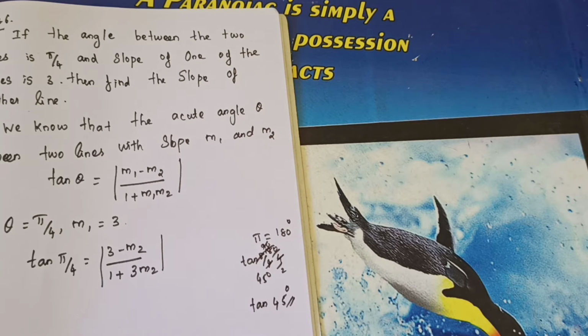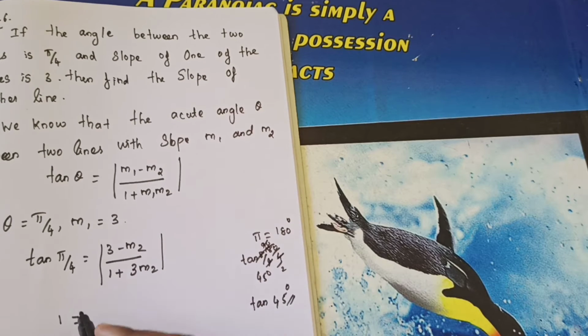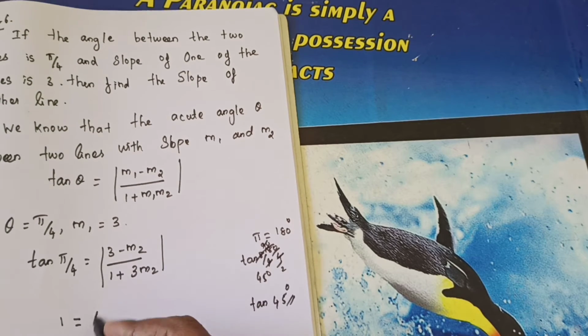So in this 11th standard as well as in 12th standard, we don't note as theta like that. But every value they will give us as pi by 4, pi by 3 like that. So pi means 180 degree. So 180 degree divided by 4 or 3 or something, you can find it. So here tan 45 degree. So what's the value of tan 45 degree? 1. Correct? So this one you have learned last year.